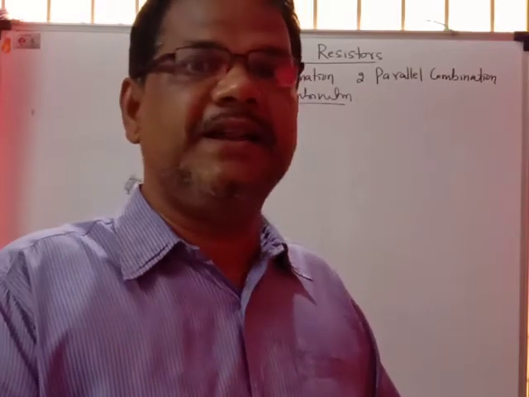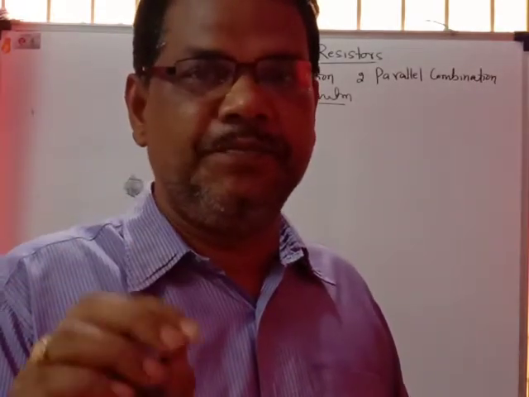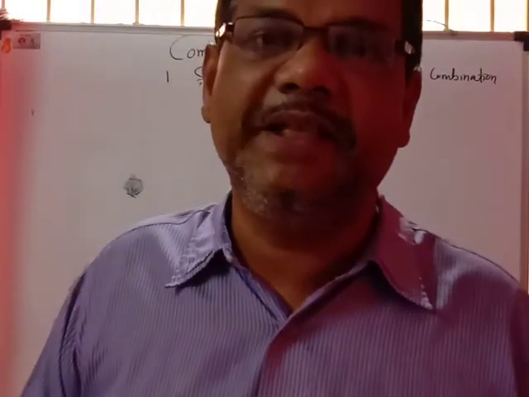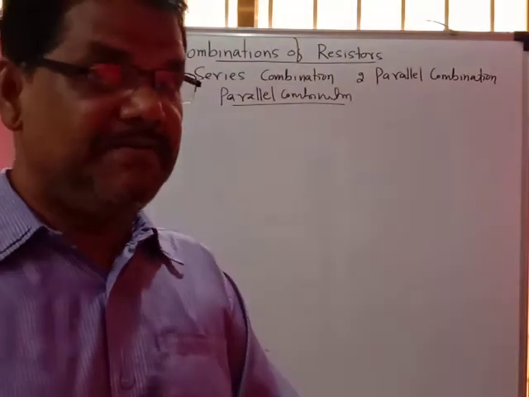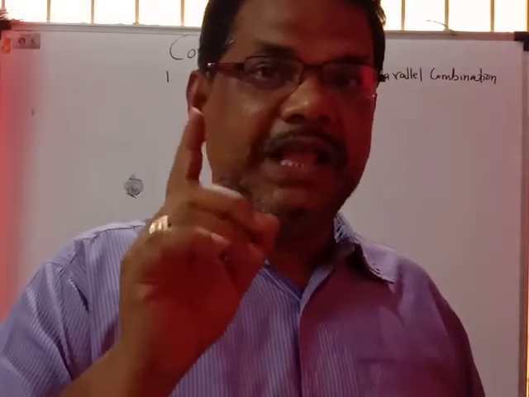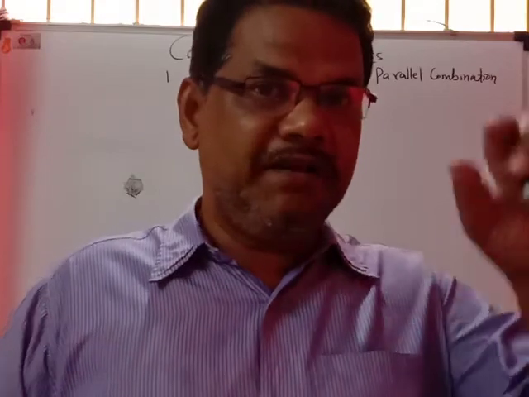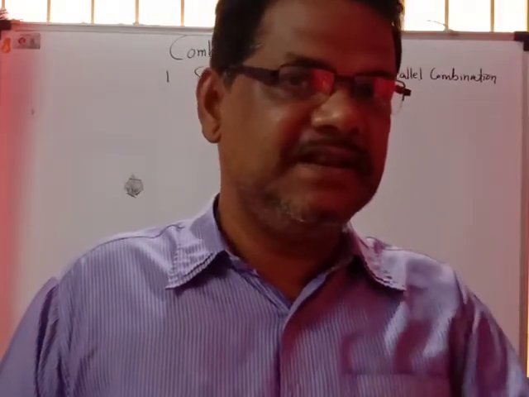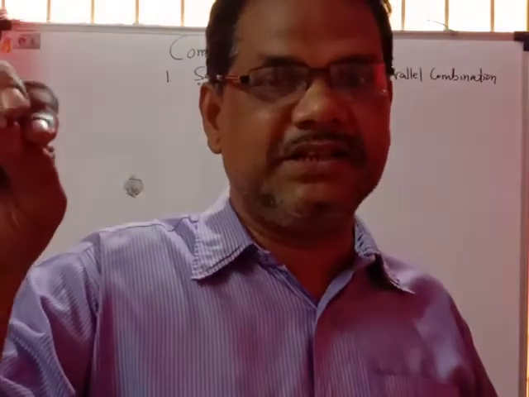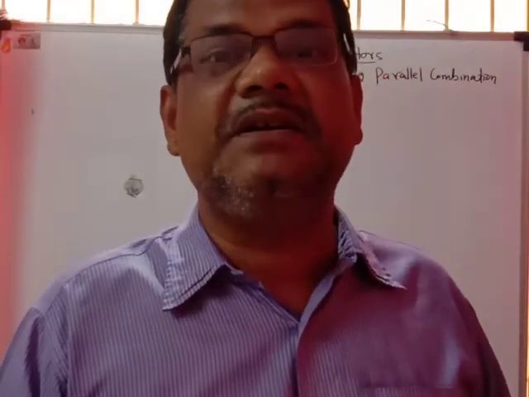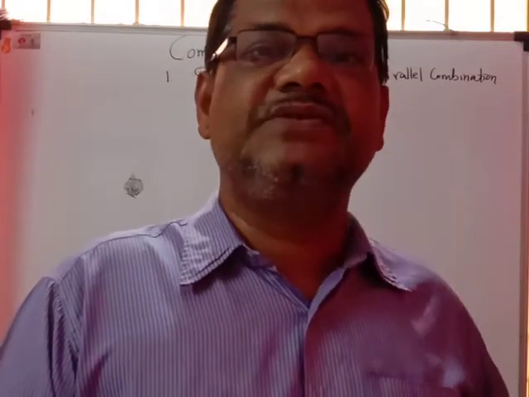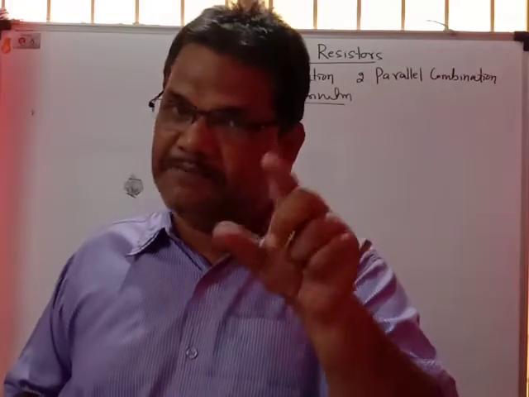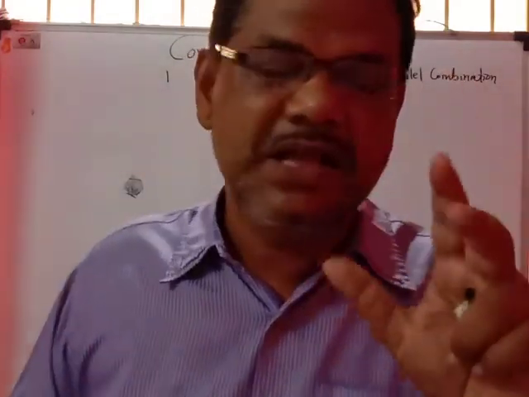The different current flows through each of the resistors, but the potential difference (PD) across each resistor will be the same. Again, I am repeating that in parallel grouping, one end of all the resistors is connected to one terminal of the battery and the other ends are connected to the other terminal. The currents are different, but the PD across each resistor is the same.